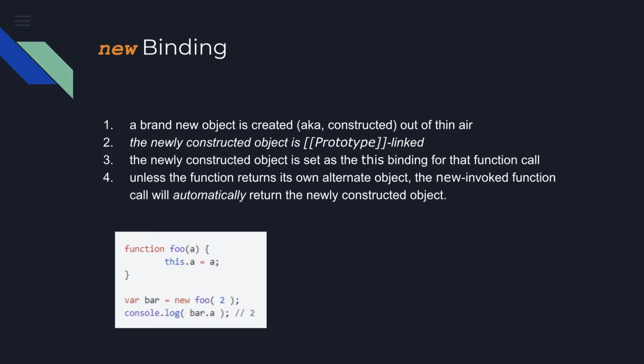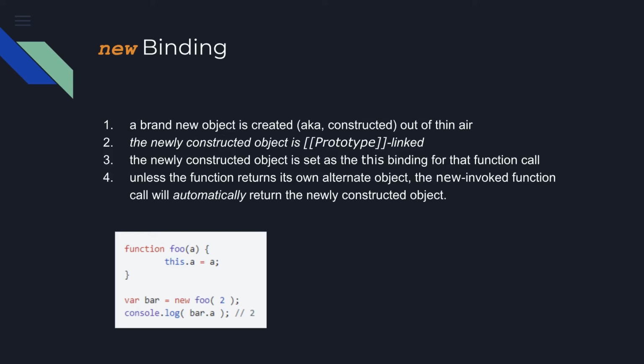A brand new object is created. The newly constructed object is prototype linked to our function. The newly constructed object is set as this binding for that function call. So if you use this inside the function, this will be the newly constructed object. Unless the function returns its own alternative object, the newly invoked function will automatically return the newly constructed object if you don't return anything. So if you return something explicitly,